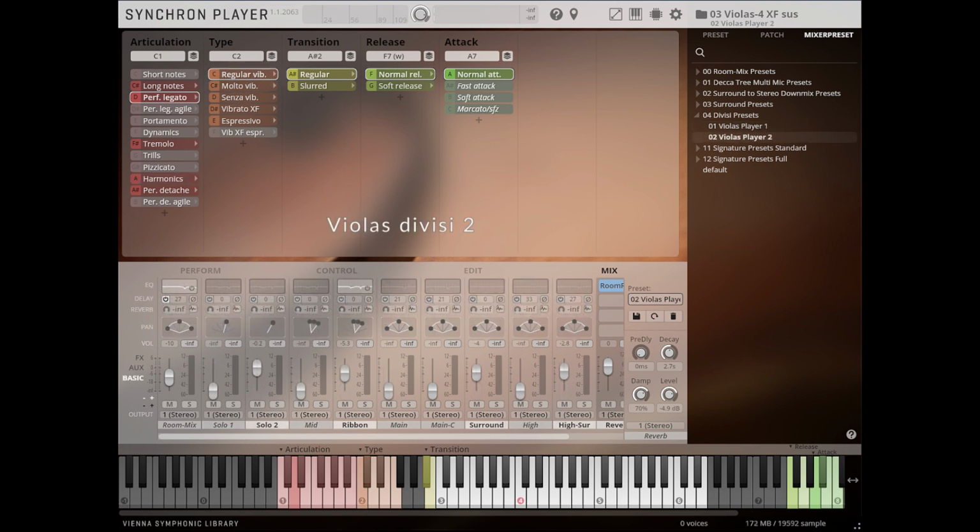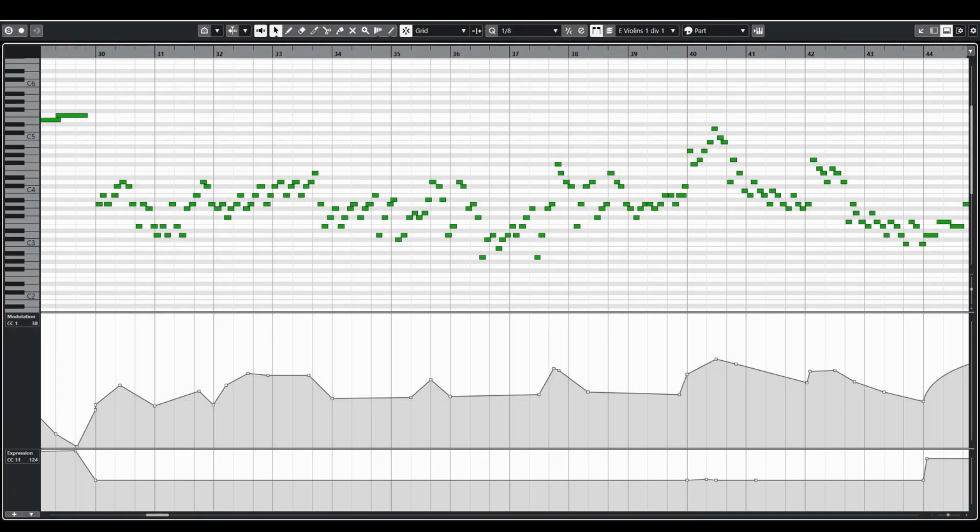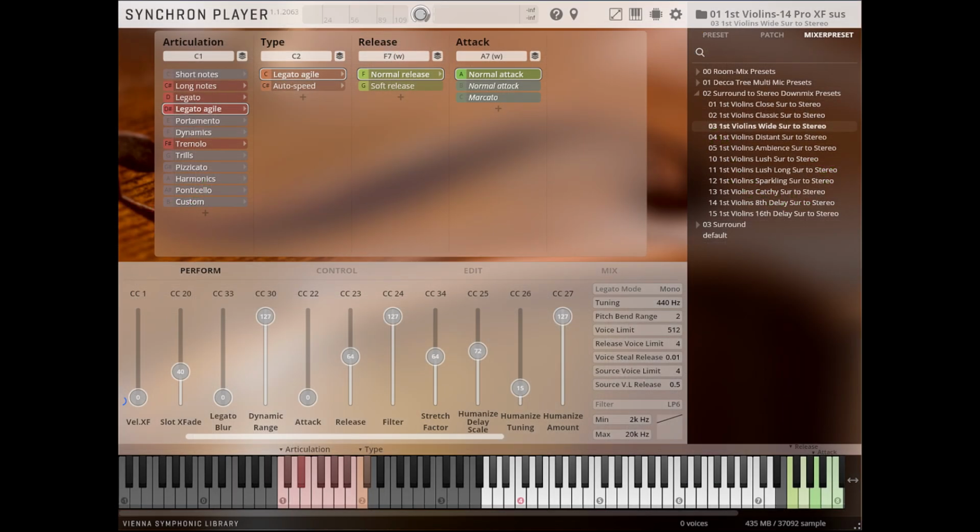There is a story that when the violin players turned up to the recording session of the first Harry Potter film and saw Hedwig's theme, they were horrified and immediately started practicing the runs. To recreate this part, I used the Agile Legato, but only for the Synchron Strings Pro and one DVC instance of Synchron Elite Strings. When I tried it with all violins, it almost sounded too detailed, so instead, for the three remaining Elite Strings violins, I used a regular legato.